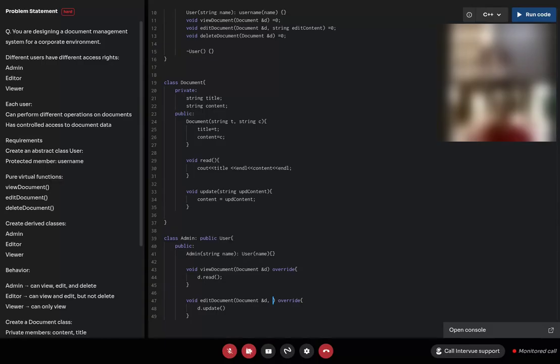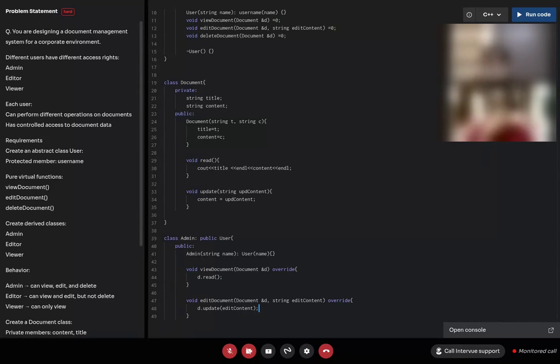For editing, I'll do d dot update with, wait. Edit document, string edit content, right? D dot update with edit content. Editing and updating is the same.